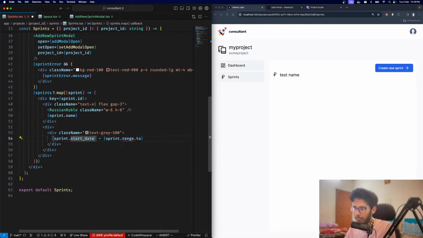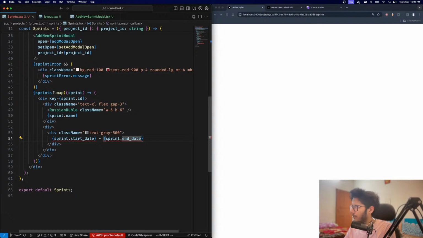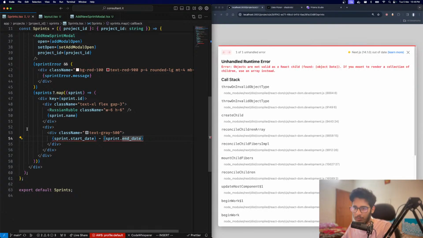Sprint dot start from. I think it wouldn't be able to render that probably. Yeah, it would break. Exactly, that's what I was thinking. What are you building, DT encoder? So basically what I'm building, bro, is